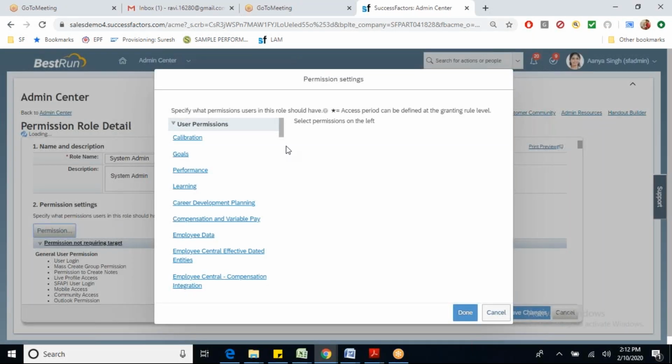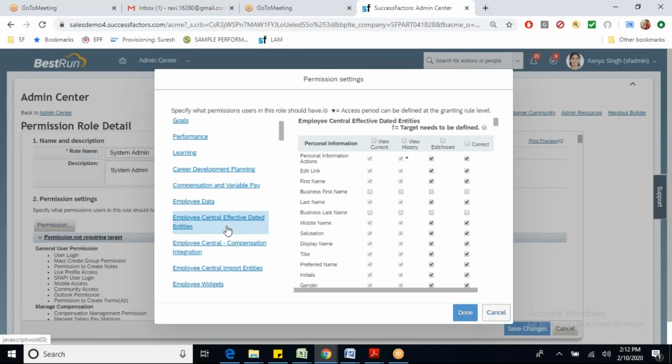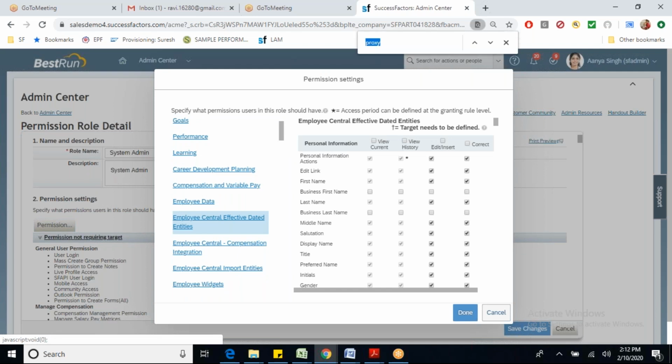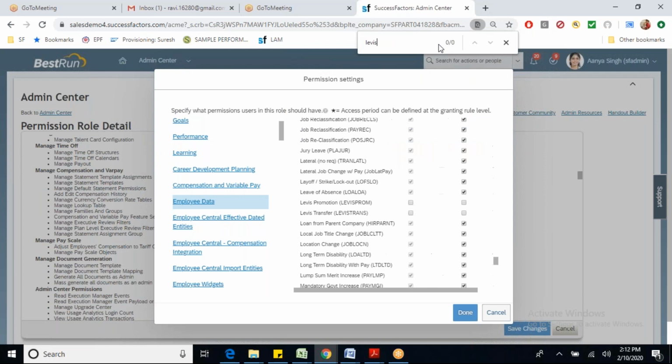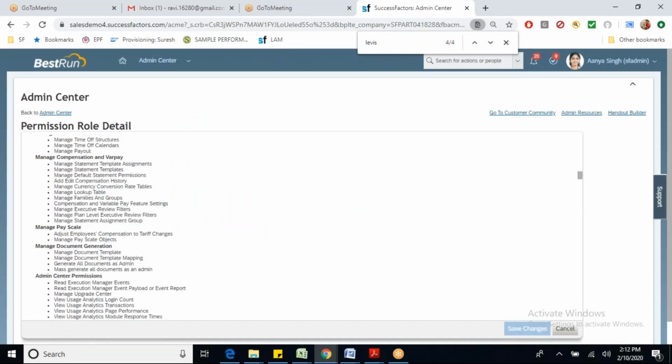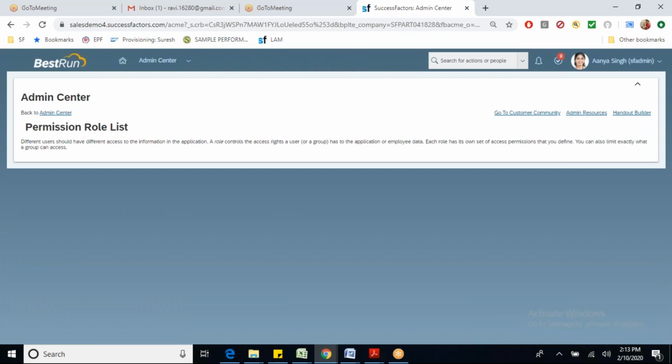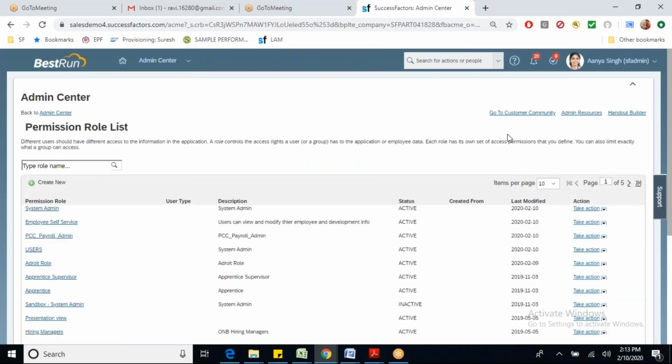Go to Permission, Employee Central Effective Dated Entities, search for the data. Here you go. Okay, done. Save changes. For pay components and event reasons, we need to give permission.